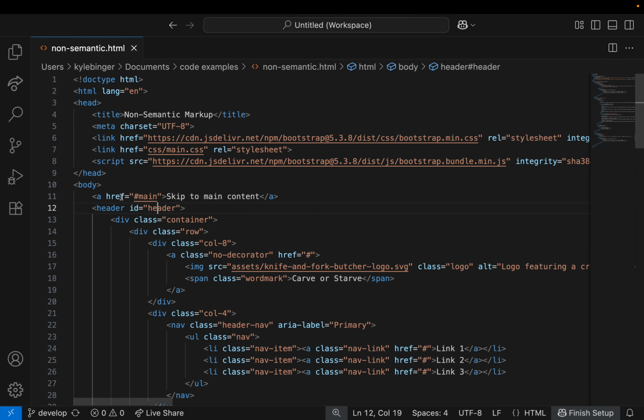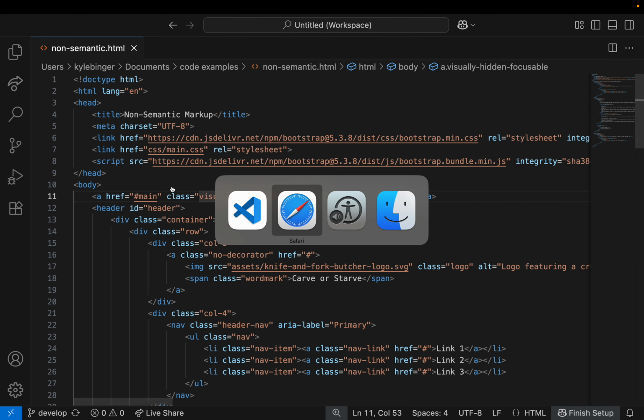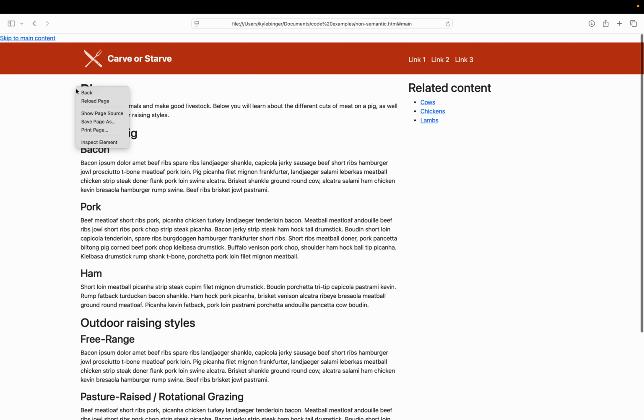Okay, so on this link, what we can do is we can add a class, and this class is, just bear with me here for a second. visually hidden and focusable.